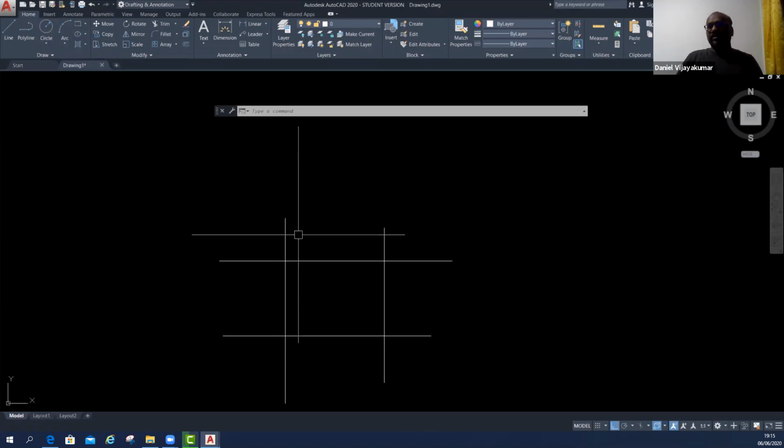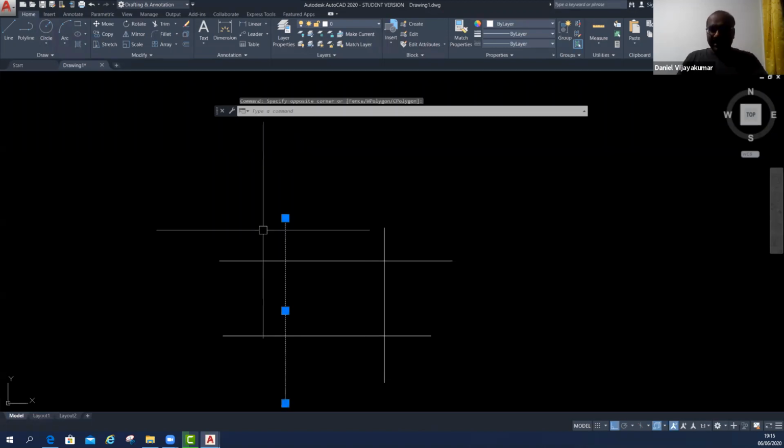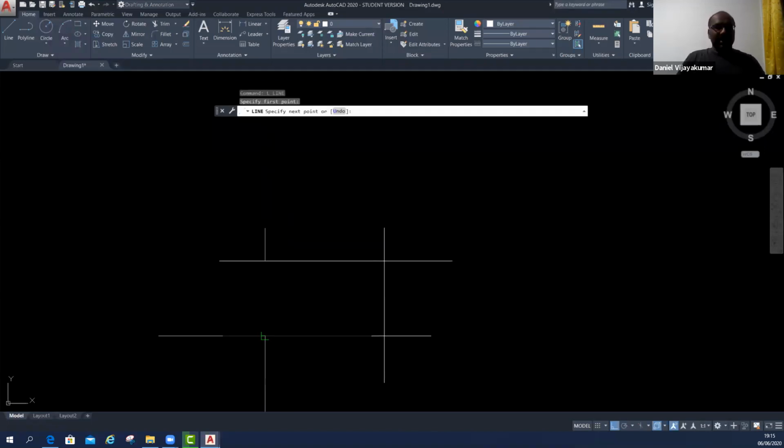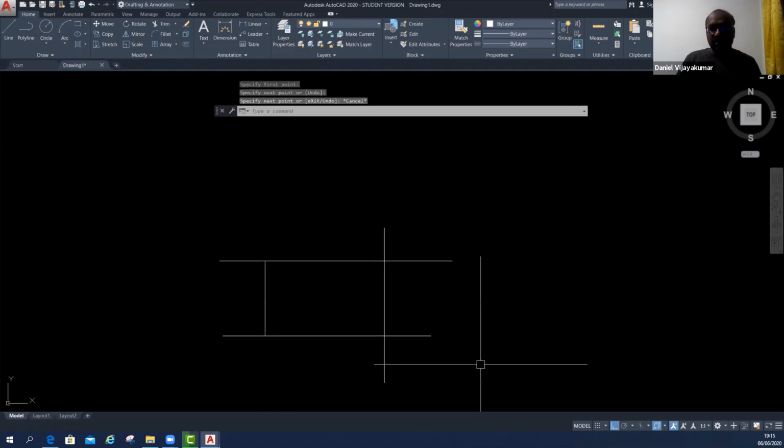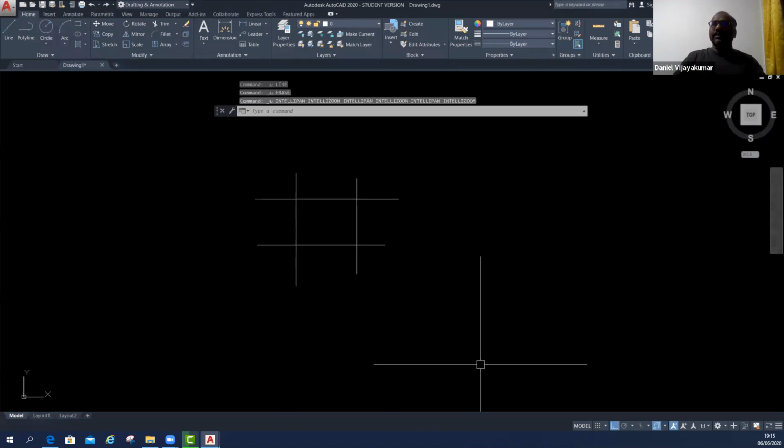There are 2 ways. The first way, you can draw the line from one line to the other line, then simply you can get the line within the 2 boundaries, I mean the 2 lines. This is one of the options, but this option will not help us to make it trim. That's why I want to use the other method.